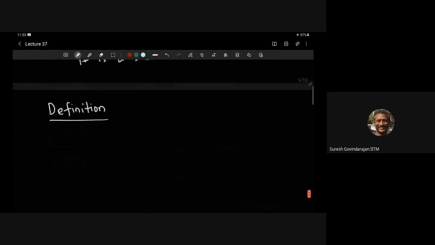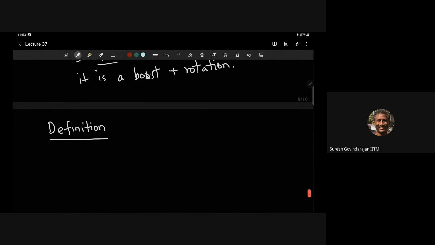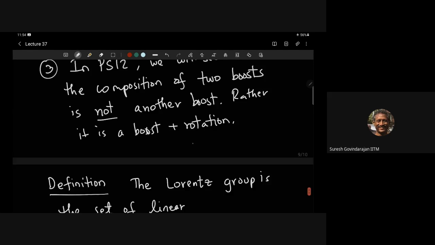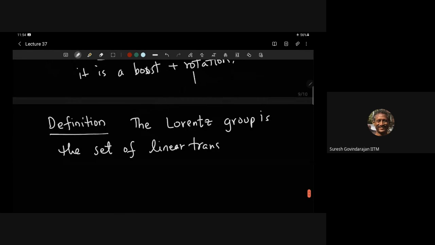Okay. So the definition: we'll just say the Lorentz group is a set of linear transformations that preserve the Minkowski